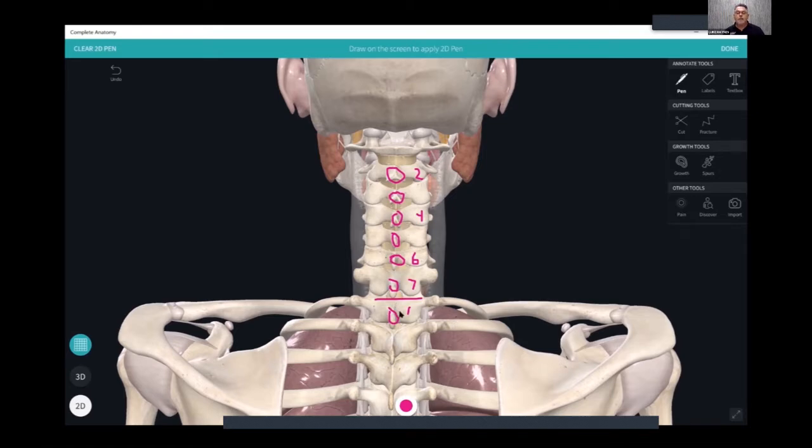As you've identified T1, you can move out laterally and palpate the transverse process of T1. If you move a little bit further laterally, then you feel the drop-off. That drop-off indicates the transition from the vertebra itself into the first rib. So that's the vertebral and rib junction interface. So that's rib